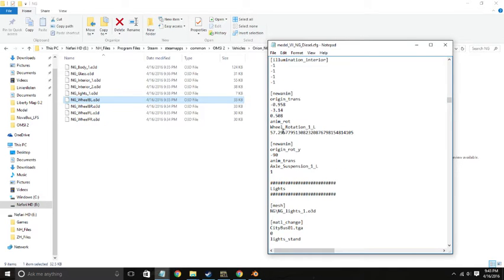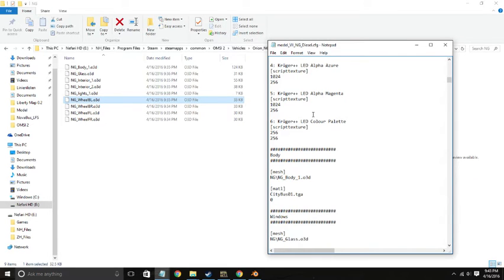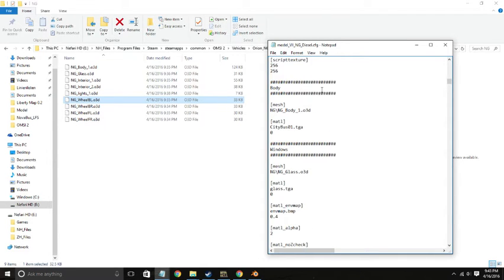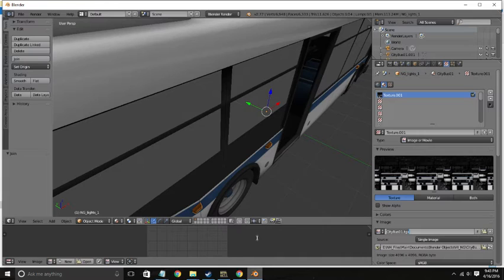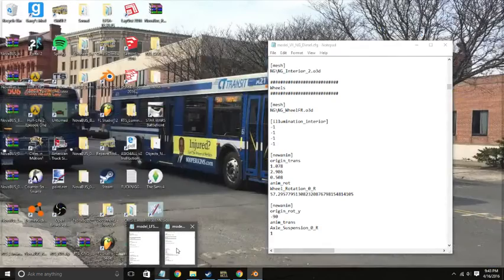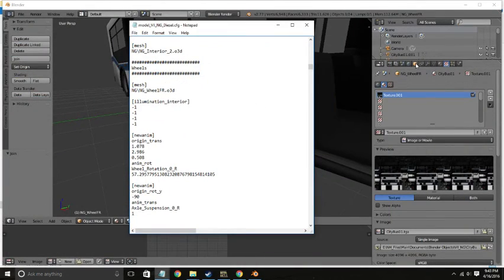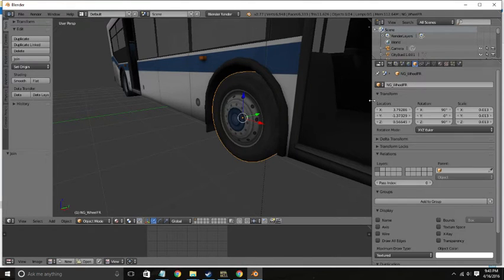Okay, so now we've cut down everything to what we need. You can hold on to all this stuff for now. What you really need to focus on now is this, the wheels. So what you're going to do now, which is why I kept Blender open, is when you put in the wheels, you're going to go to this orange cube looking thing, and go to this area where it says transform, if you haven't opened it already, or if it isn't open. It should be, but